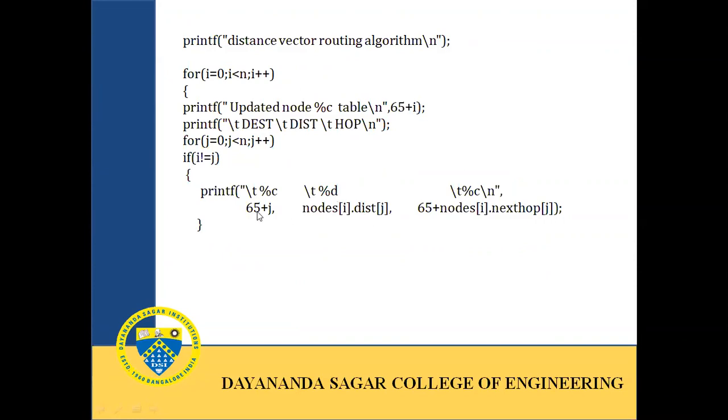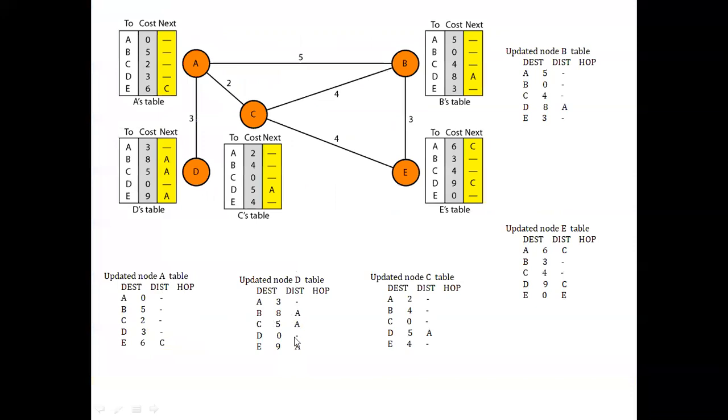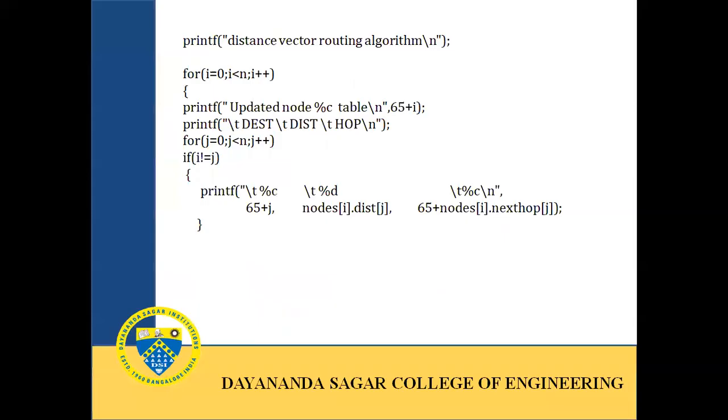Distance is the d value. For the node names, we're using the 65 to indicate the node names, that is, in terms of A, B, C, D, the node names are displayed. So when you use this loop, the output will be in this format. Now you can see that the routing table is in the format shown in the diagram. So we have distance and we have the next hop entries. You can use any method to display the output, whichever you find suitable.